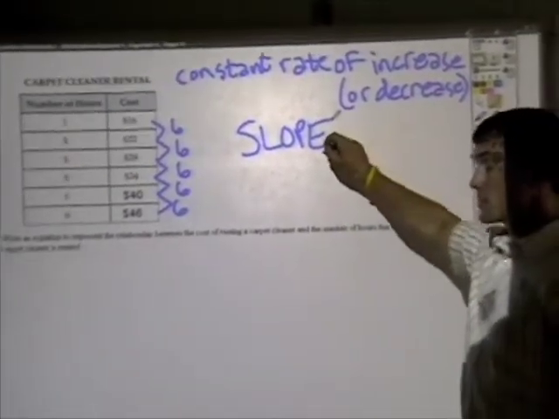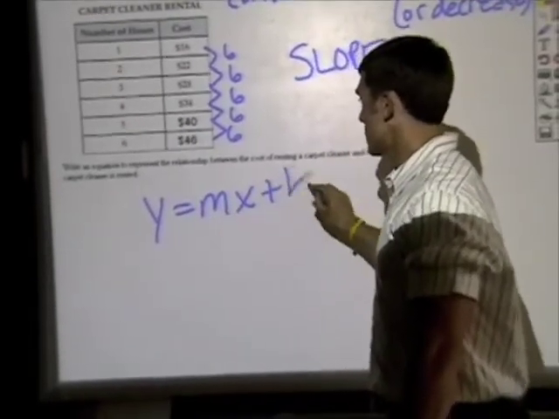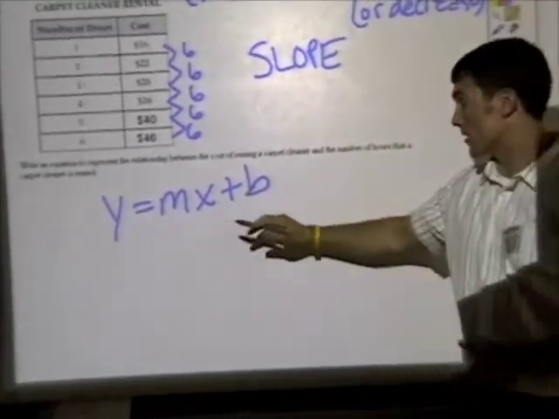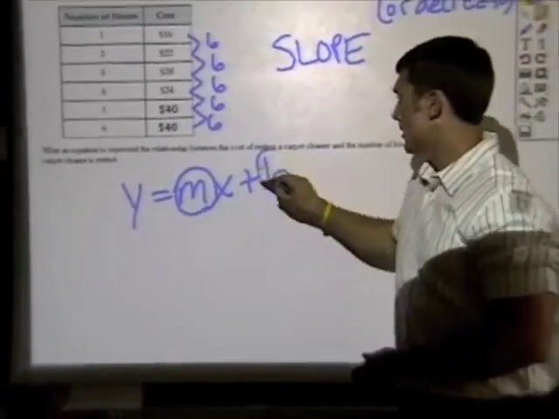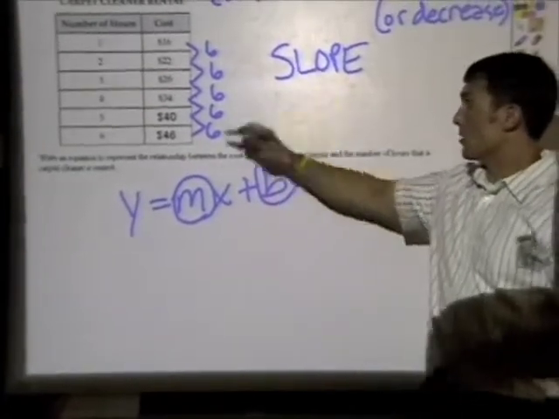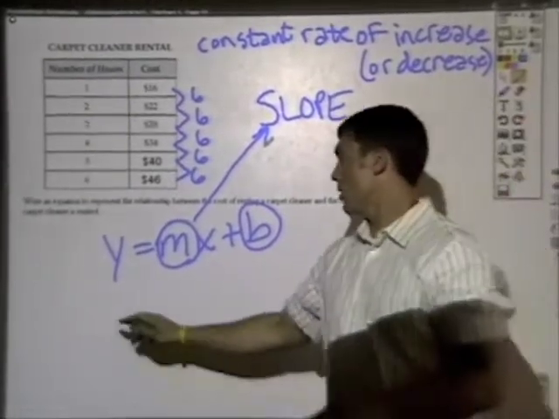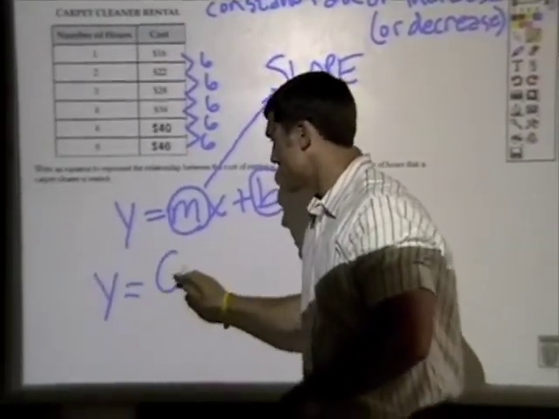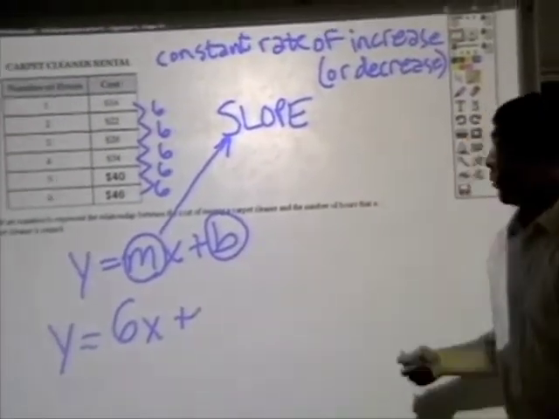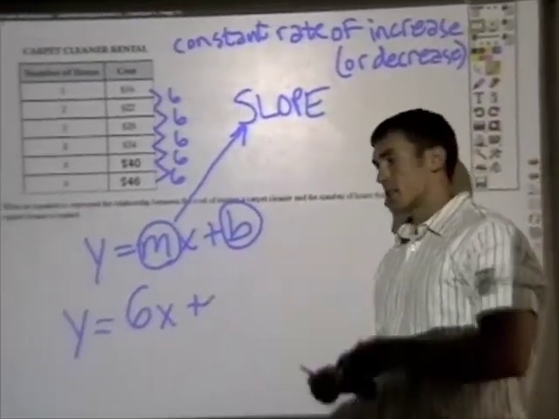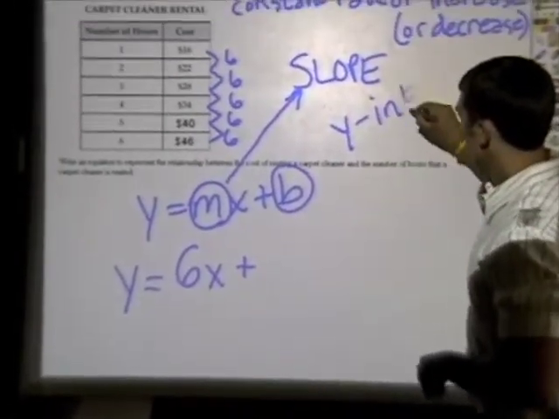All right, so how that's important though, remember this little equation form? It's there in your minds, I know it is. It's got to be there, because everyone knows that. But we always forget what these are. So here we go. Slope is your m. So when we're filling this equation in, so far we have y equals 6x plus something. What's that b? Well, remember the y-intercept is your starting value,